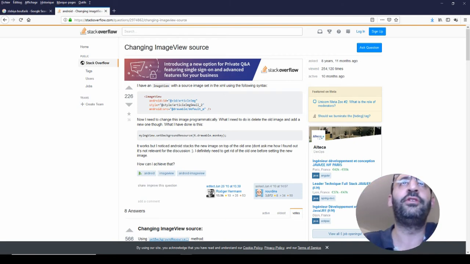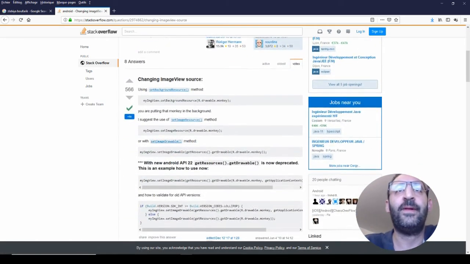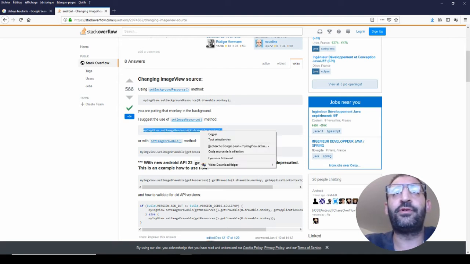Okay, so let's see here, changing image view source. Here, as you can see, I have a lot of solutions. I can use a background resource, or I will use this. I think I will use this because it's very, very easy. My image, set image resource. So I will take this section and copy,